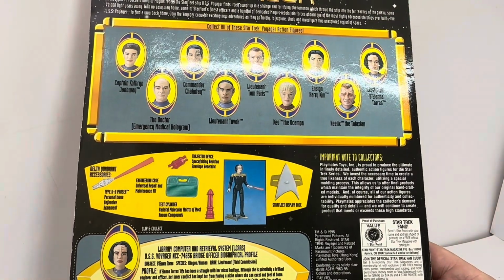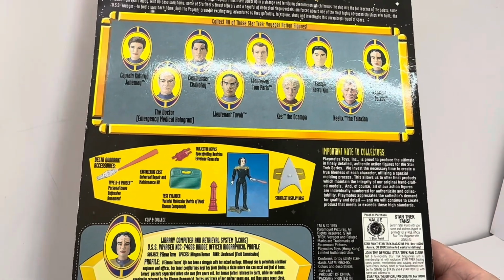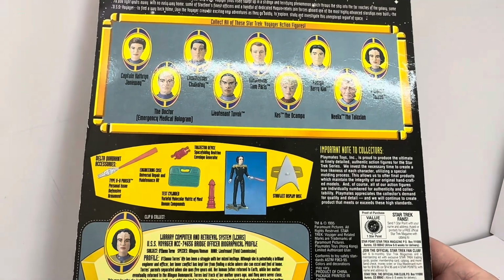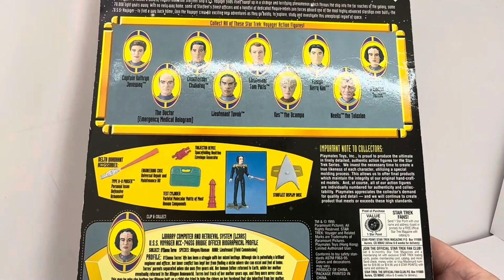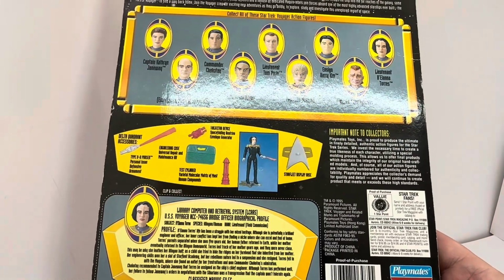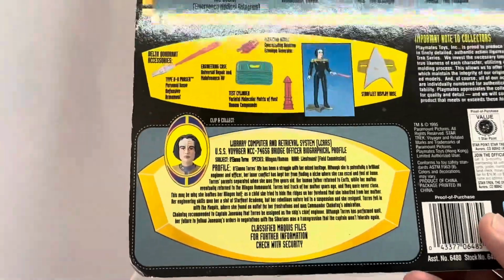high standards. You've got information on the Star Trek Fan Club, the copyright information, Paramount Pictures, conforms to the toy safety standards, proof of purchase, assortment number 6480, stock number 6485 with a barcode, and the Playmates logo and the Star Trek logo. And it says over here,